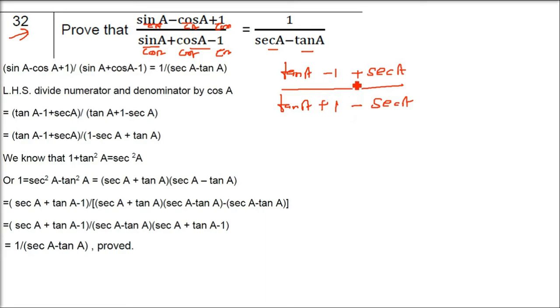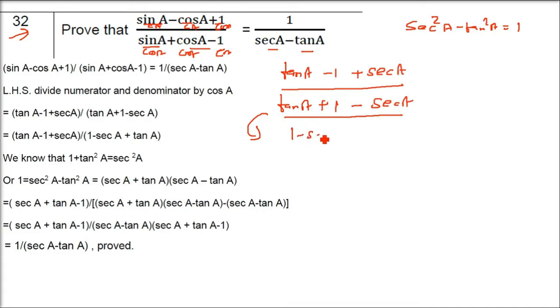Okay, now if you see, denominator is sec A minus tan A. So if some cancellation is there, numerator and denominator, if something gets cancelled, there is a part of denominator which still remains. And we know that sec square A minus tan square A is 1. We know this relationship. So this identity we are going to use, not in the numerator, but in the denominator. Why in the denominator? Because when we take something common and cancel, something has to be in the denominator. That means we have to do something in the denominator only. So this 1 will be replaced by sec square A minus tan square A.